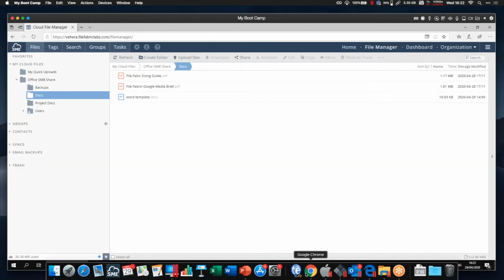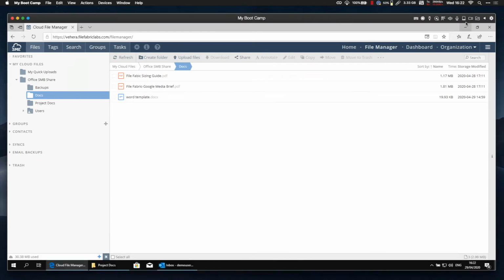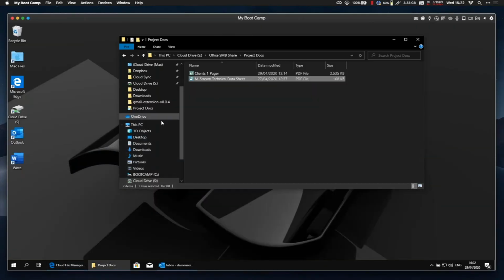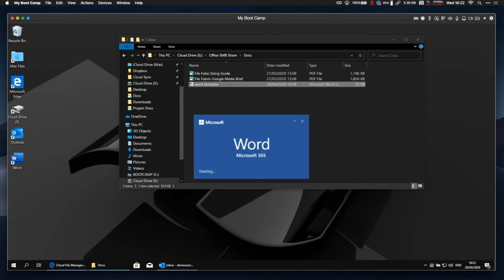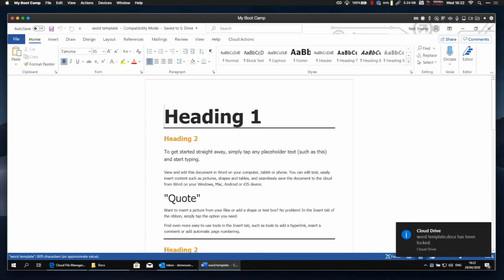So those drives also allow you to work in a pure play application view. If you want to treat them just like you would treat your normal home drive, you can. What that means is that you can double click on a file and it will open the associated file handler for that file. And that works pretty well with things like Word. If we double click on that Word template that we've got in our cloud drive,